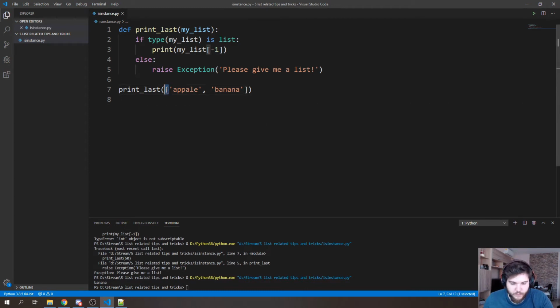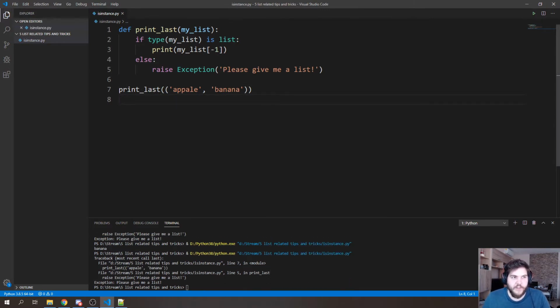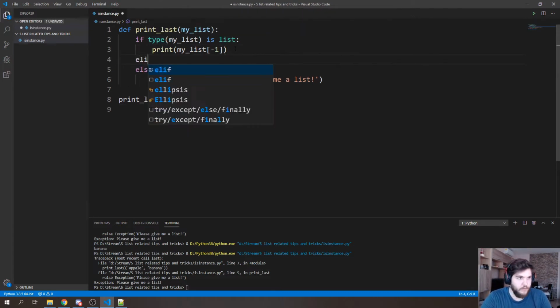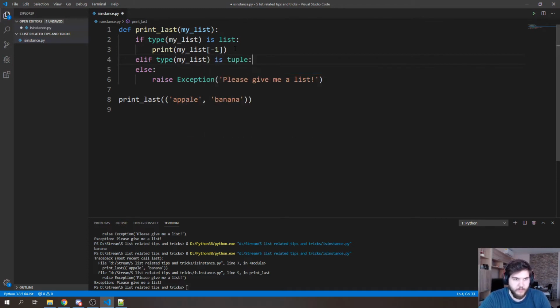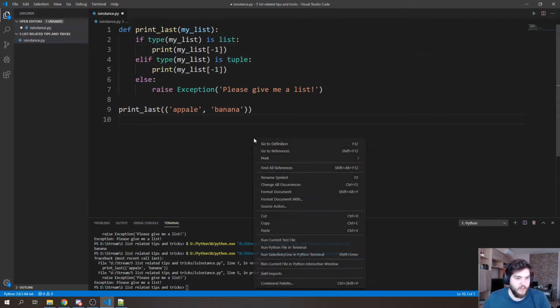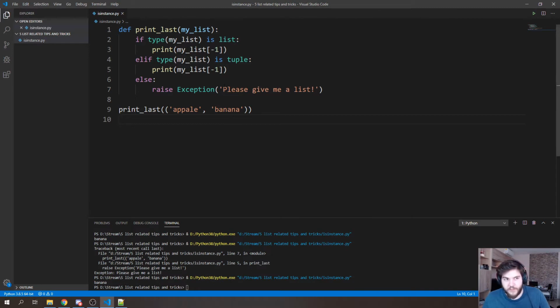And let's just, for example, see what happens if we are not using it with a list but a tuple. So it should work because it makes sense, because a tuple has a last element, but still it won't work because it is not a list. So what we could do is check for the type again. So maybe if it's a tuple, then still do this business here. So let's do that. So it works again,